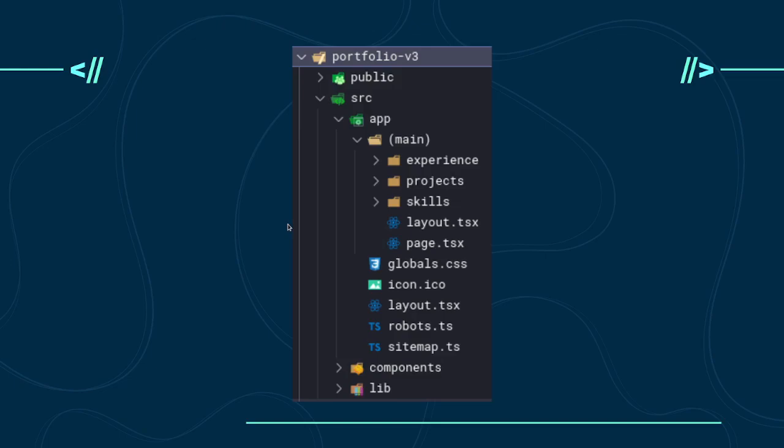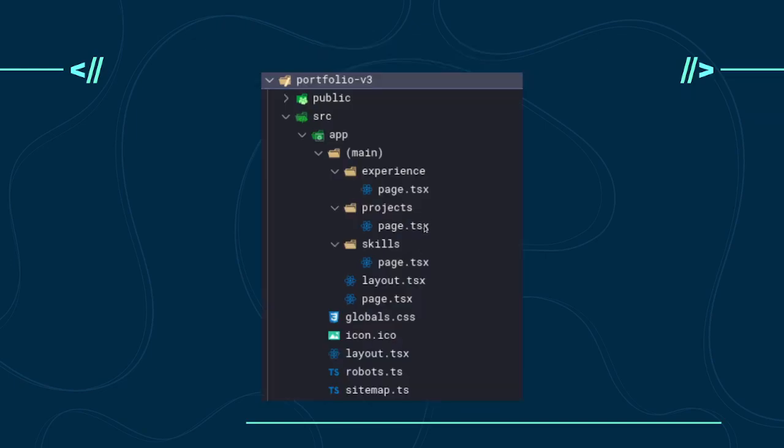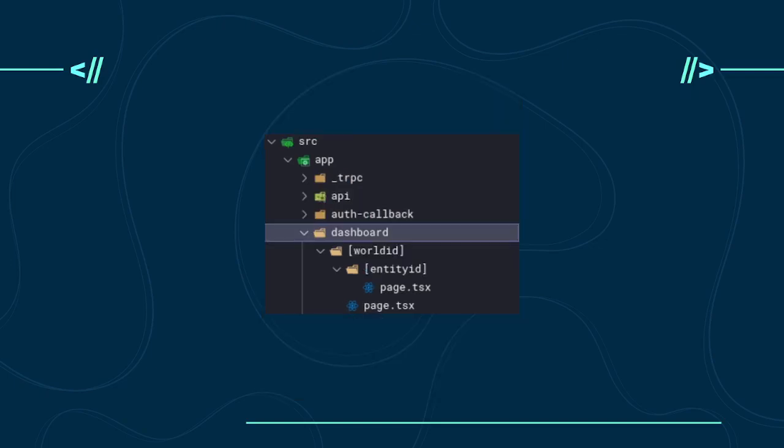This is the routing, this is the file structure. As you can see here, the way that it works is page.tsx is the actual information you're gonna see when you enter that URL. So in main, there is no slash here, it just goes straight here. So if I go into my website, dvl.dev, this is the page I would see. But if I wanted to go to /projects, let me see if I have another, there you go. It would just grab the page.tsx from experience, projects, or skills. Boom, routing, congratulations. You know how to use folders, I hope by now. So that's it, it's just folders, right? Next handles all that cool stuff for us.